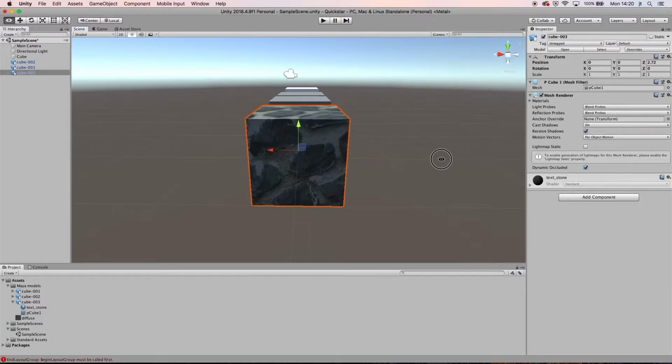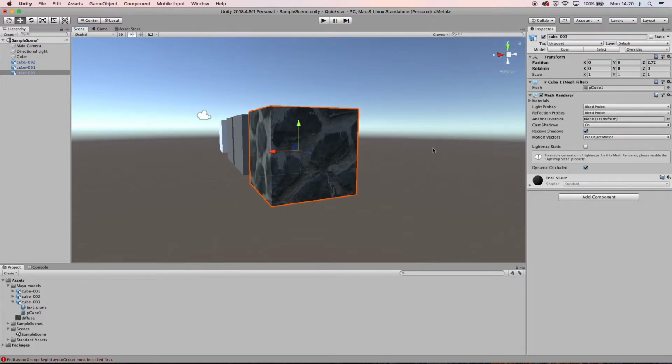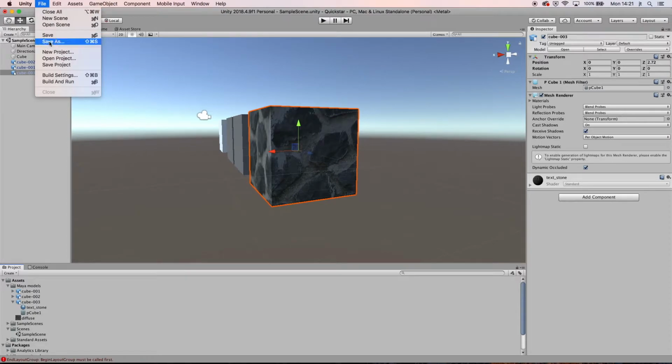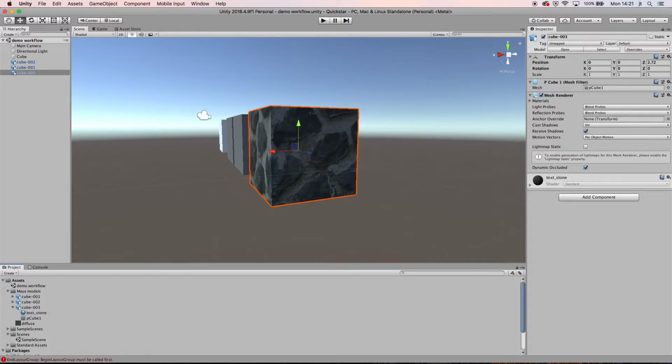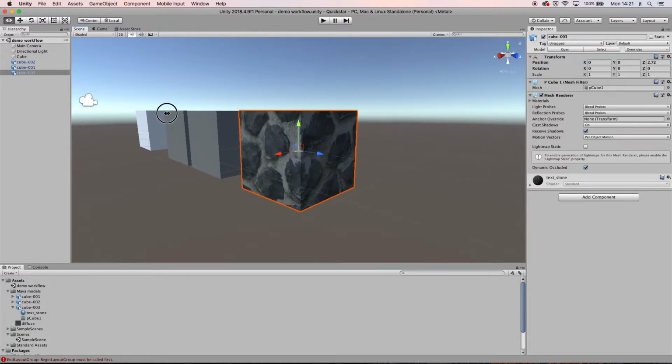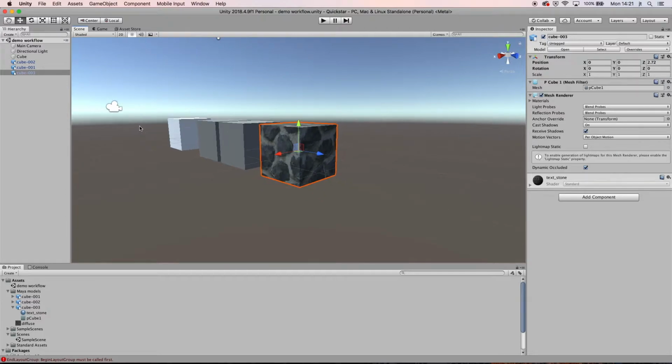So again, we will work more with textures soon, but if I'm building up a scene, that will come in. So I'm just going to save this scene here. Demo workflow. So this is just simply cubes, but I'm working out how to bring aspects in at the right size. And just to test that that's the right size, I want to work with some of the standard Unity assets